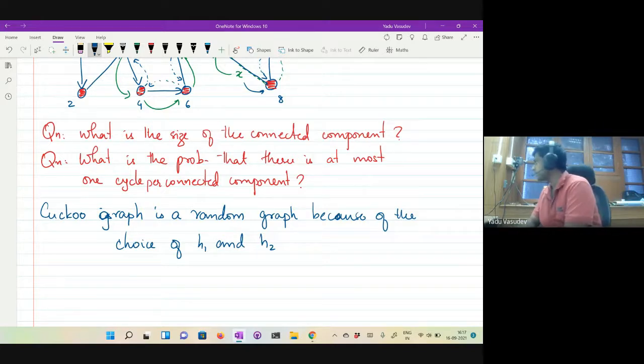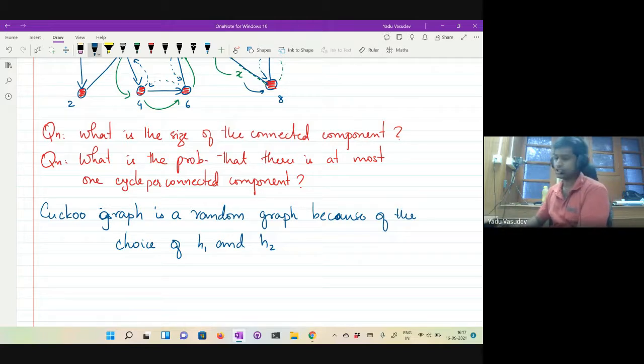Instead of talking about H1 and H2 for now, we are going to talk about a graph with n vertices and m edges that is going to be generated randomly. So can you tell me how the graph is going to be generated? Forget about H1 and H2.